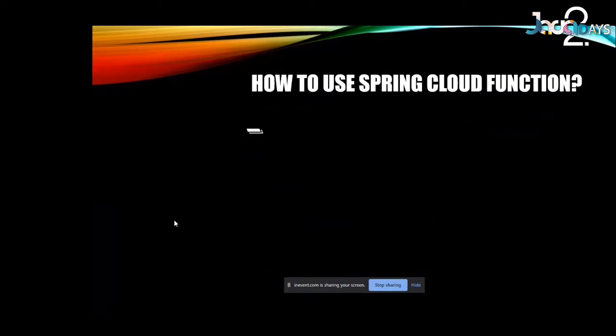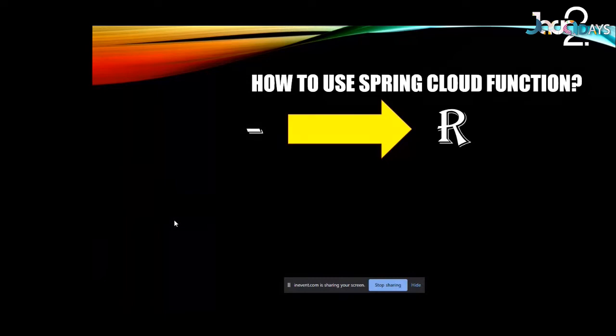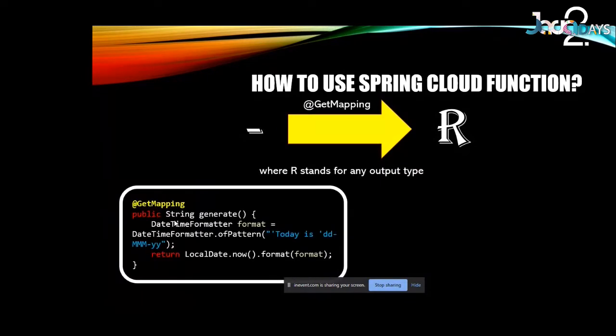Then we'll move towards the code, which I have ready with me. So let's say the requirement is there is no input and there is just some output. These kinds of requests we have seen multiple times in our applications. No input comes and we just return some output with some URL. Now, generally, you agree with me that for this you will be using a GetMapping annotation. The example can be something like this: a GetMapping annotation was there, the method is generate, you will call some URL, and whenever you call this, it will return you the date after formatting and converting it to string.